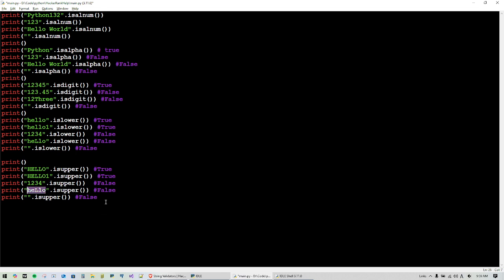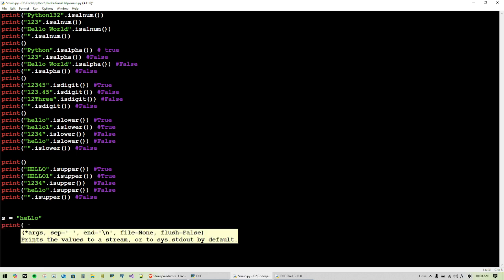This one, for example, if we have a string, what if we wanted to check if any of them are upper? Because if you check is lower, it's going to return false because one of them is upper. And if you check upper, it's going to return false because one of them is lower. But if you want to check if any of them are upper or lower, we can actually do that as well. There is an any keyword. So we'll just print, and then inside of here, we can do string dot is upper